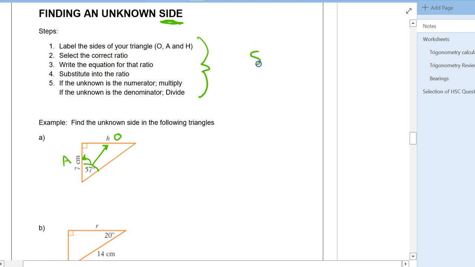Select the correct ratio. I'm going to write SOHCAHTOA up here. I need a ratio that involves adjacent and opposite. So I'm dealing with tan. Opposite over adjacent. So I've selected the correct ratio and I've written the equation, that's what this is, and now